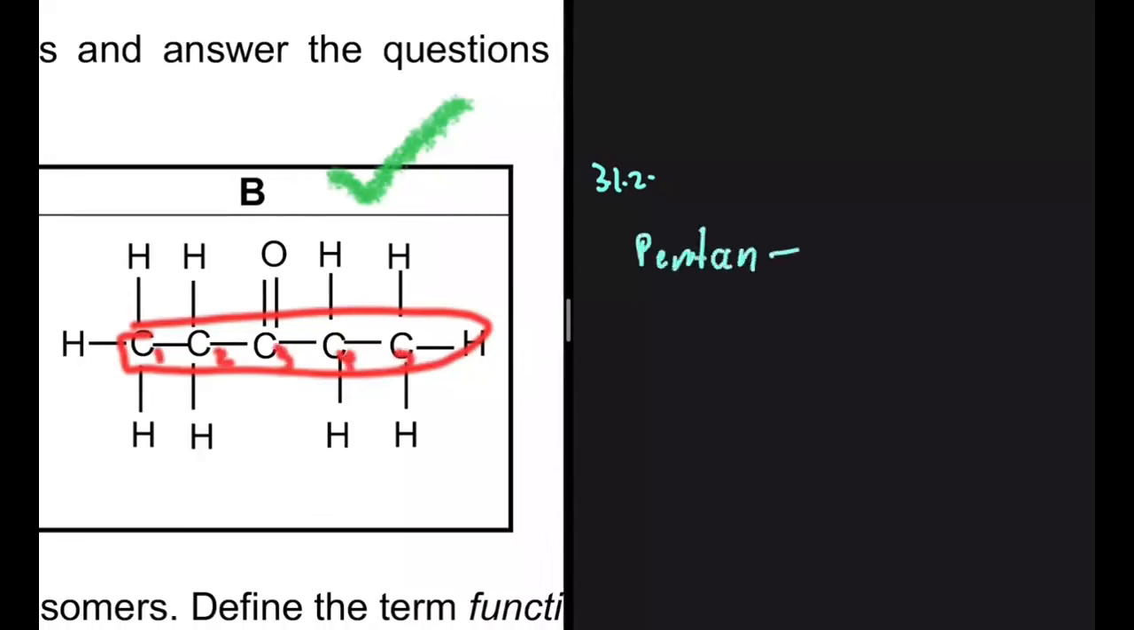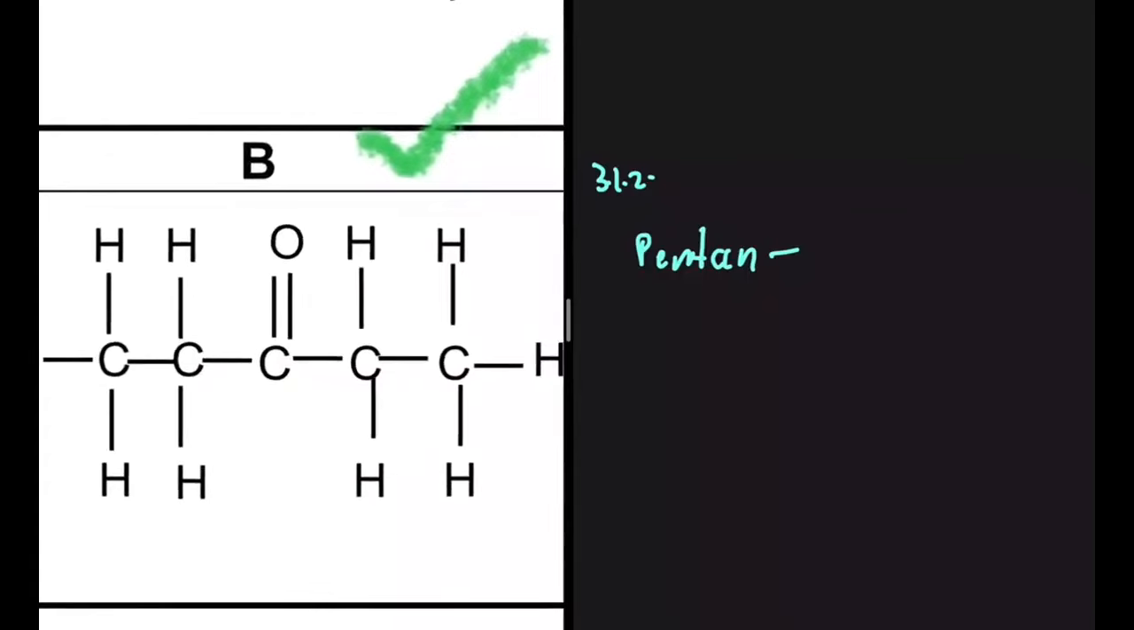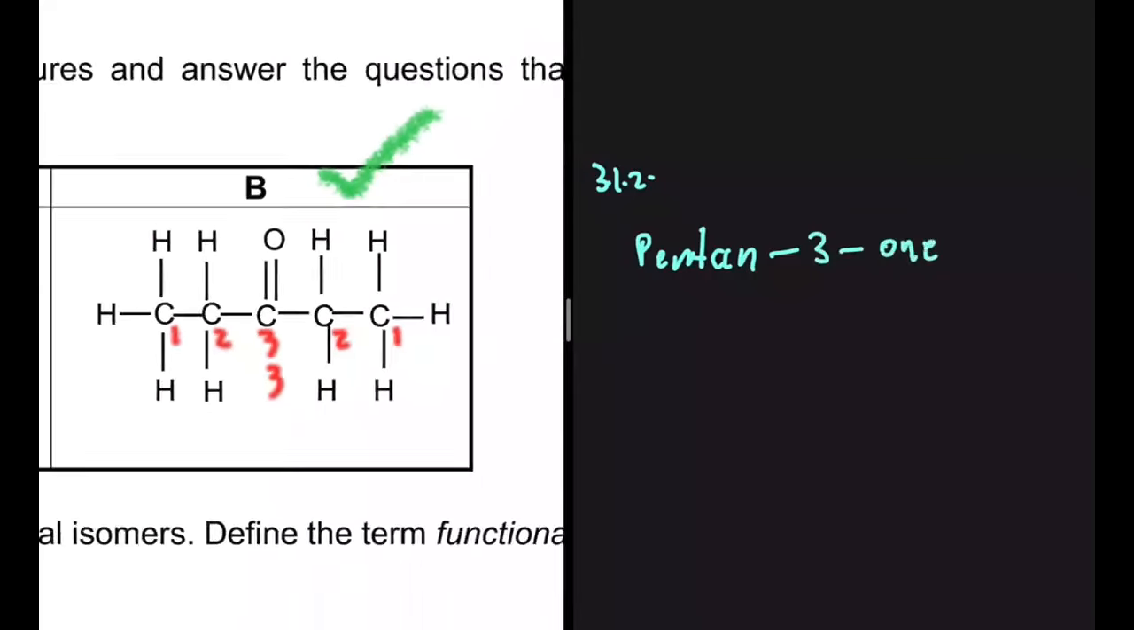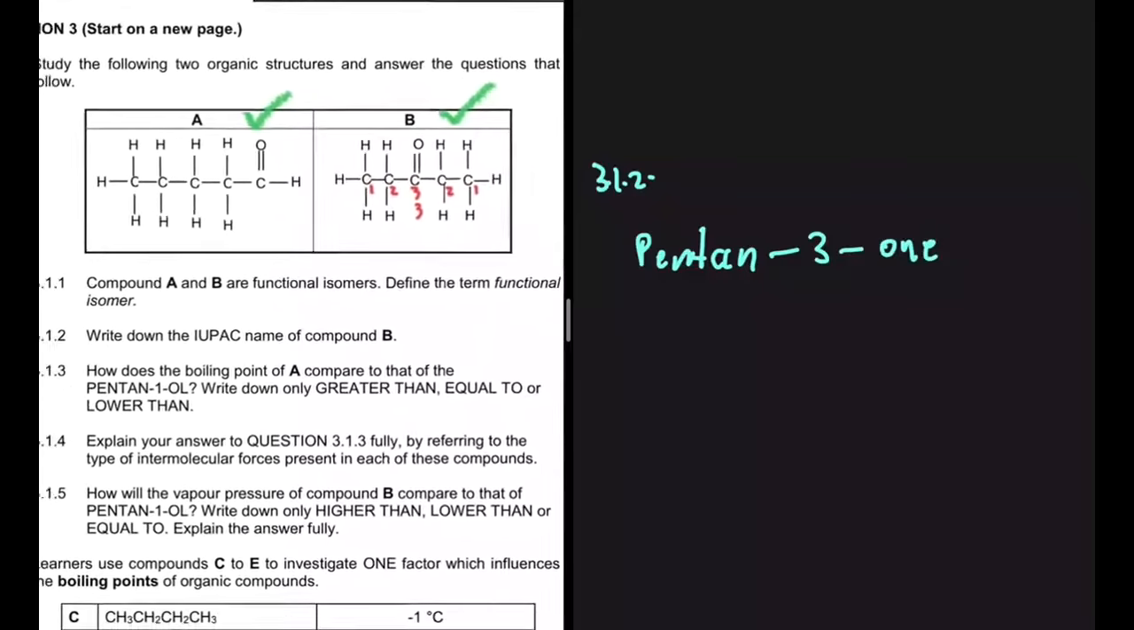So we know we have pentane. Now what we're looking for is the position of the carbon that is bonded to the oxygen. If we start numbering from the left, we're going to have 1, 2, 3. If we start numbering from the right, we're going to have 1, 2, 3. So where we start numbering really doesn't matter. Our functional group is on the third carbon. So we're going to have pentan-3-one. That is the answer to 3.1.2. Let's look at